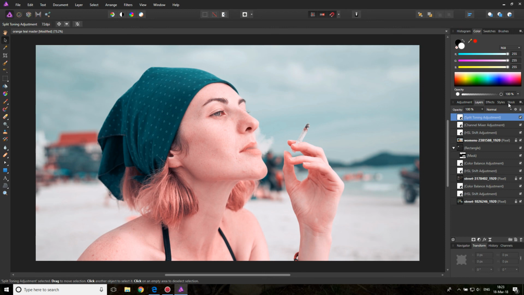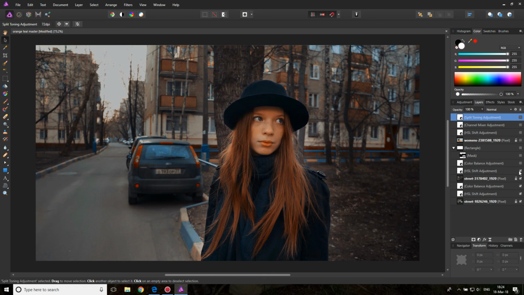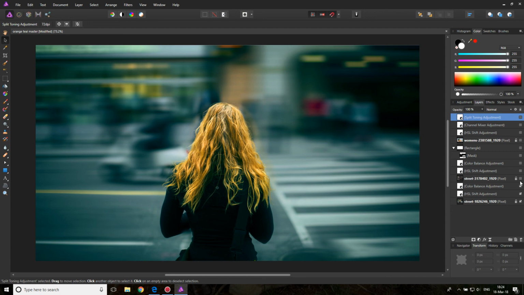Let's go back and see what we had before. So this is the original one. Then this is the other one that we had before. Here you can see it without our editing. And this is the first picture, which was the easiest because it's basically just 2 colors and we enhance the colors. Okay, so